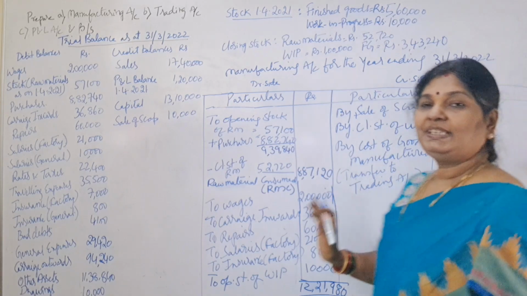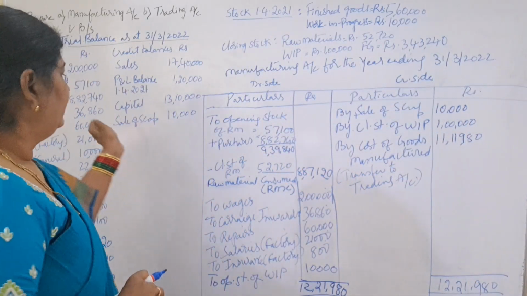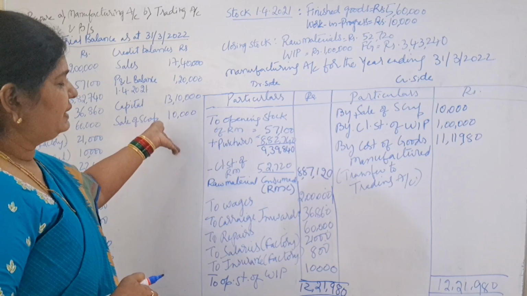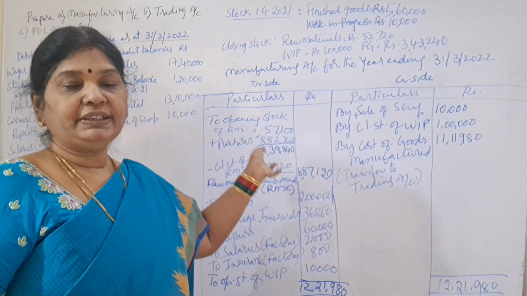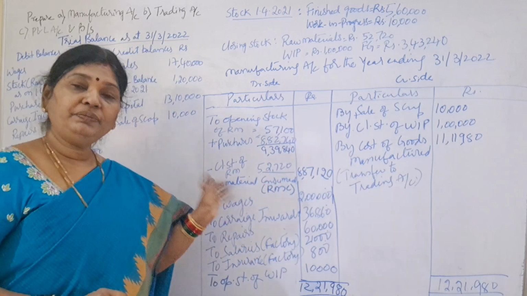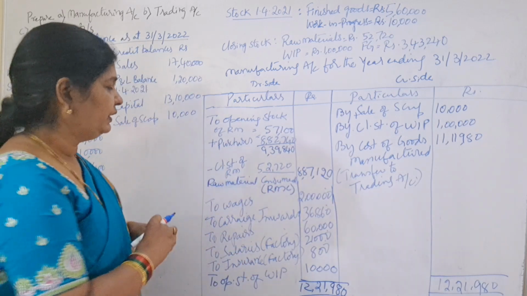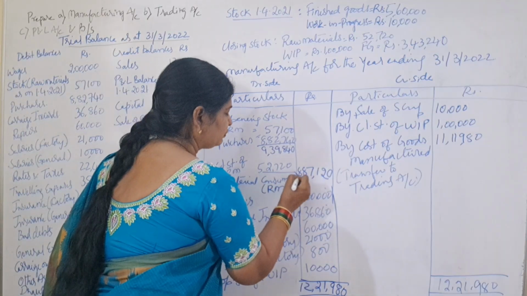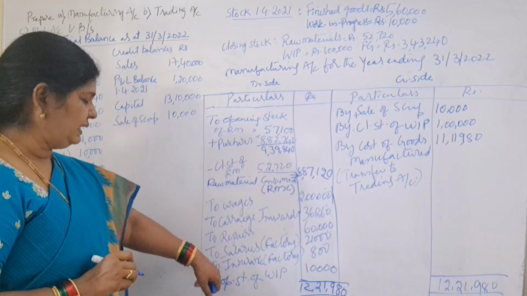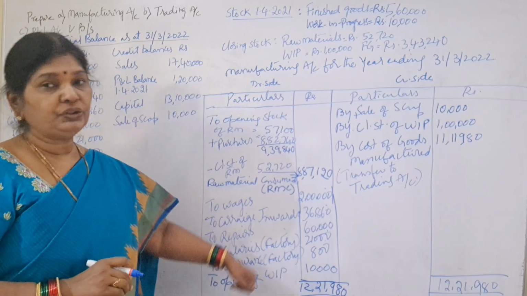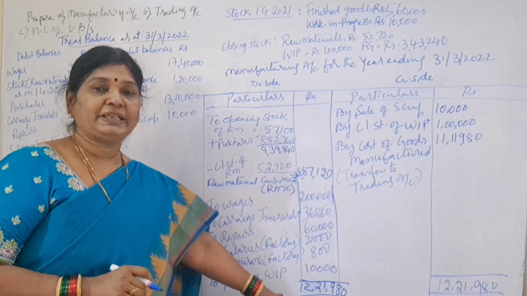Is it clear? What is manufacturing account? In manufacturing account, we have taken all debit side expenses like opening stock, purchases. Next, we have deducted closing stock of raw materials. What did we get? Raw material consumed, so we have written it as raw material consumed here. Next, we have taken wages, carriage inwards, repairs, salaries relating to factory, insurance relating to factory, and opening stock of work in progress.